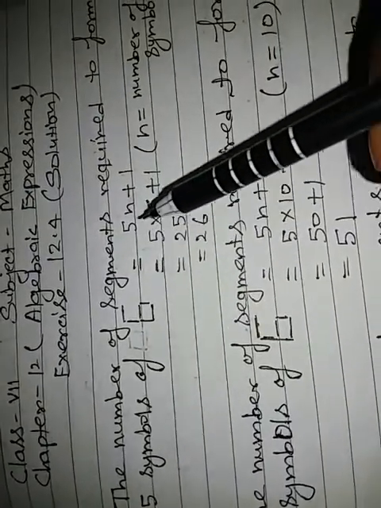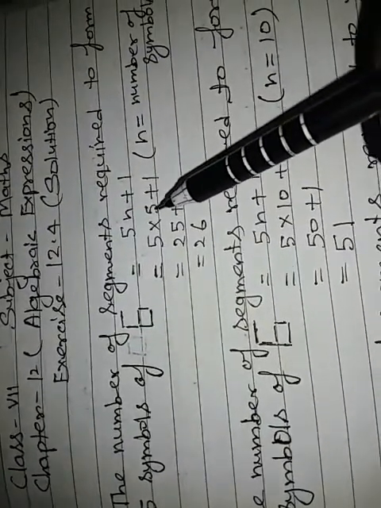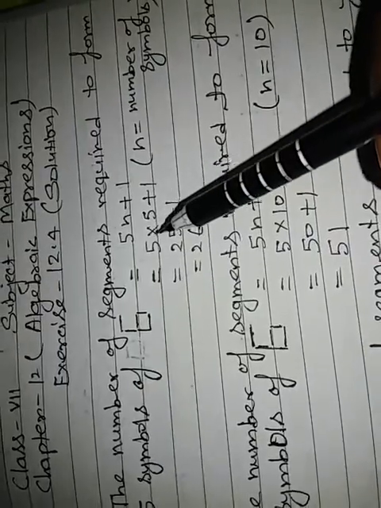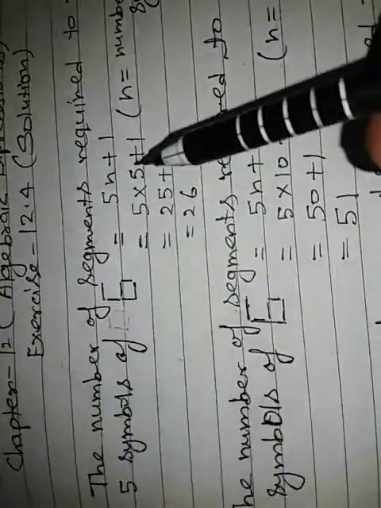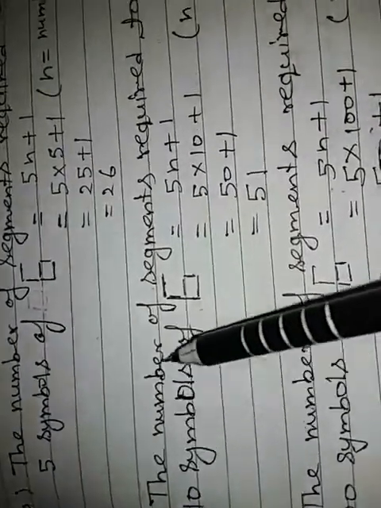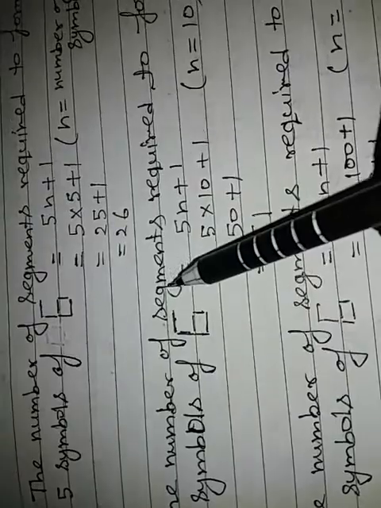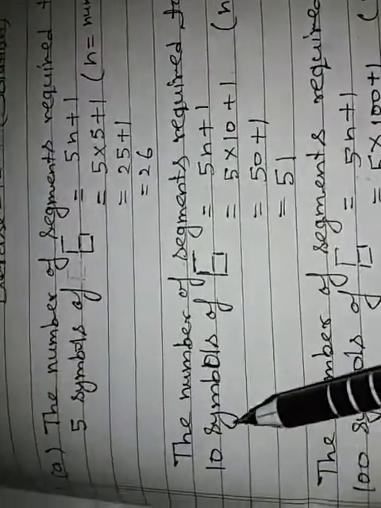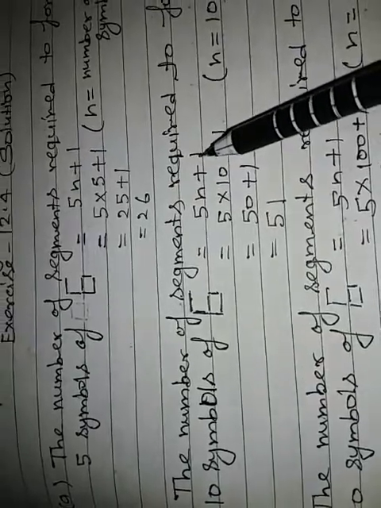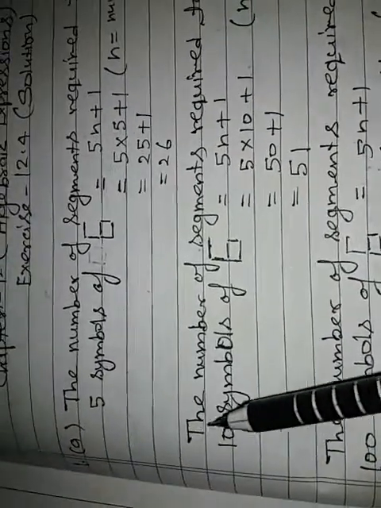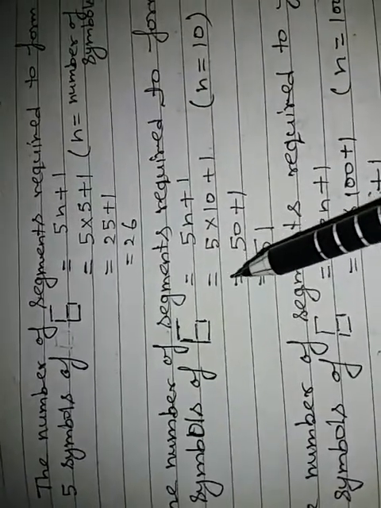So now write 5 in place of n. 5 into 5 plus 1, 5 fives are 25, plus 1 is equal to 26. Similarly, the number of segments required to form 10 symbols of 6 is 5n plus 1. Here n is equal to 10. So 5 into 10 plus 1, 5 tens are 50, plus 1 is